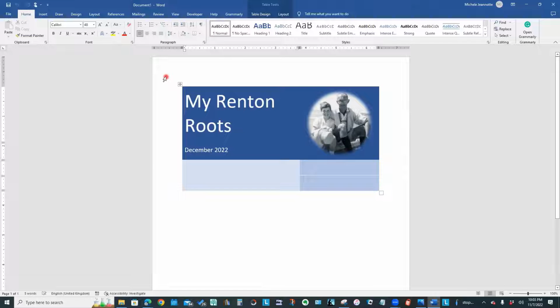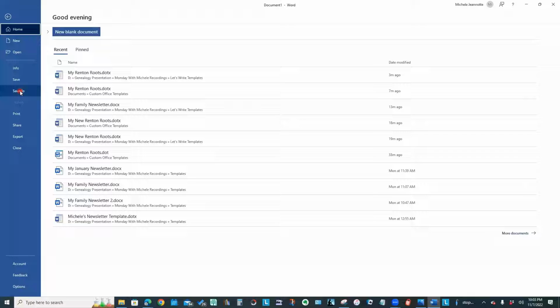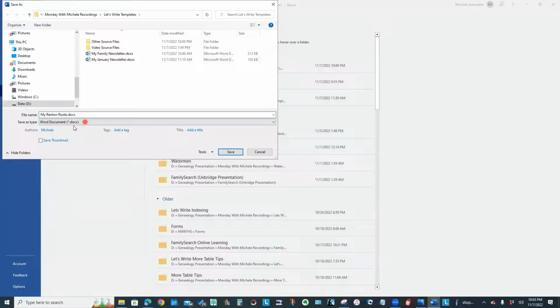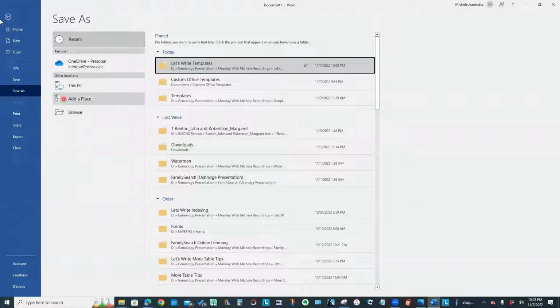This is a doc file. If I was to go and save it, it is saving it by default as a DOC file. So what I'm going to do now,